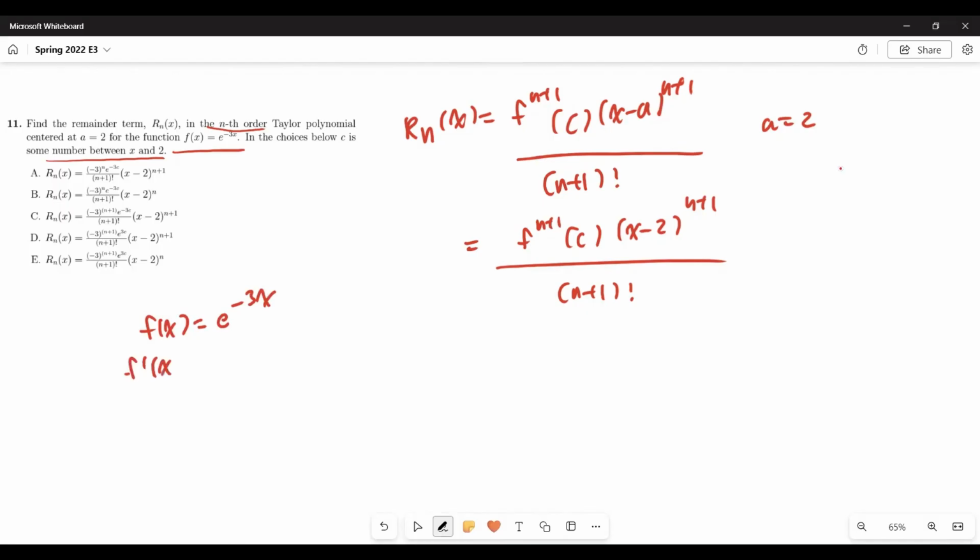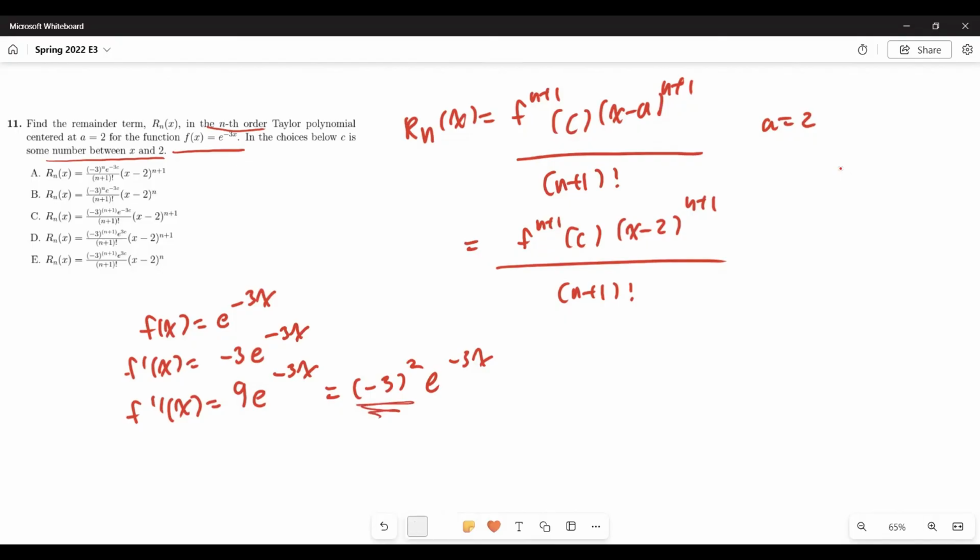And if you look at our function, f of x is e to the negative 3x. F prime of x is negative 3 e to the negative 3x. F double prime of x becomes 9 e to the negative 3x, which is the same as negative 3 squared e to the negative 3x. So we know that we are constantly having that negative 3 term getting squared, right? So you can write this as actually negative 3 to the m plus 1, and then e to the negative 3c,